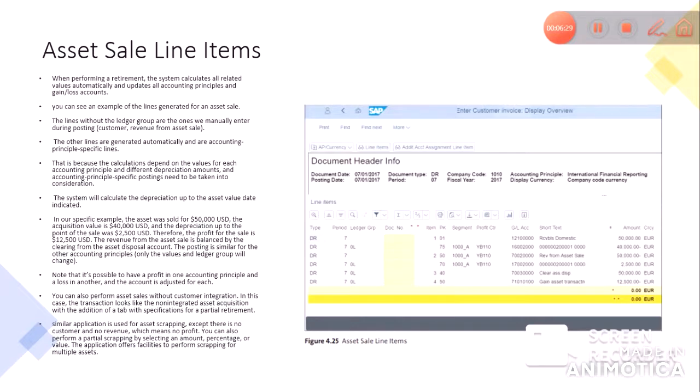So in our example, the asset was sold for $50,000. The acquisition value was $40,000. The acquisition value we have credited in the second line item, and all the depreciation up to the point of 2,500 is debited. So now what we do is credit, I guess. So we will debit that depreciation,